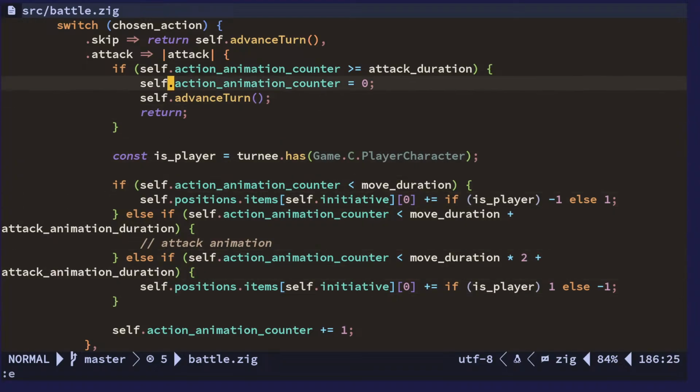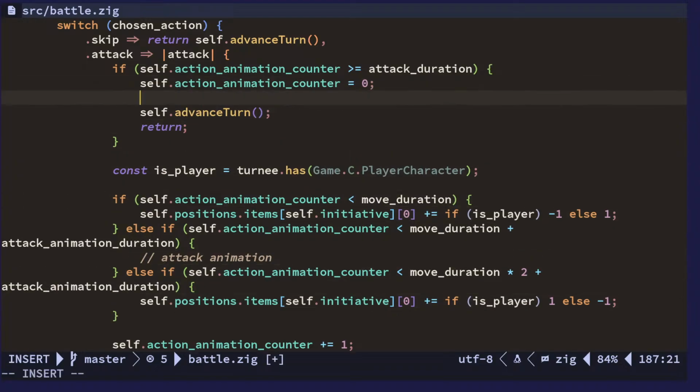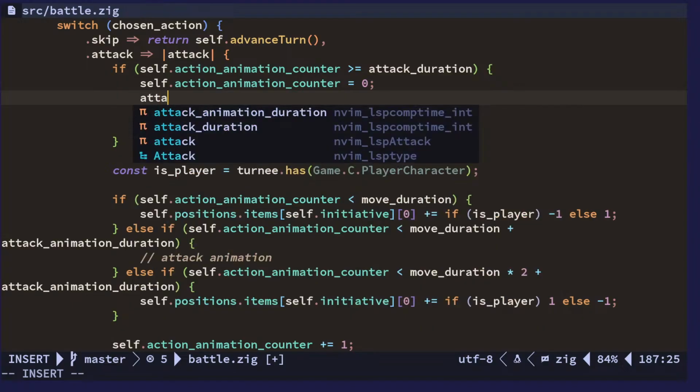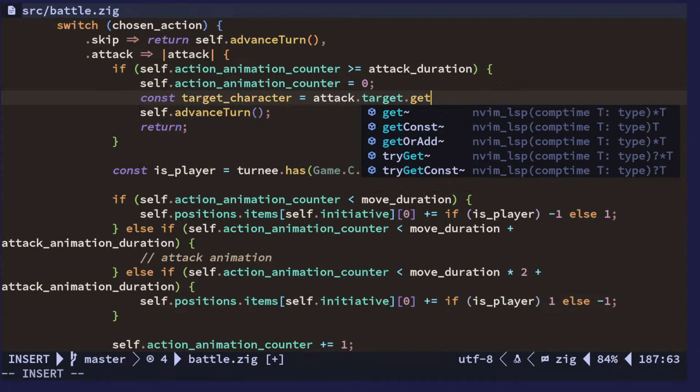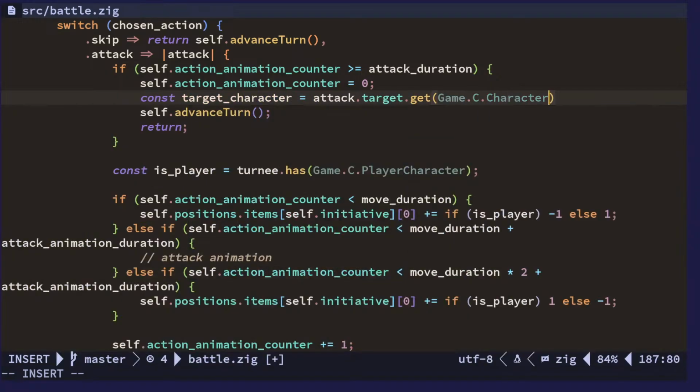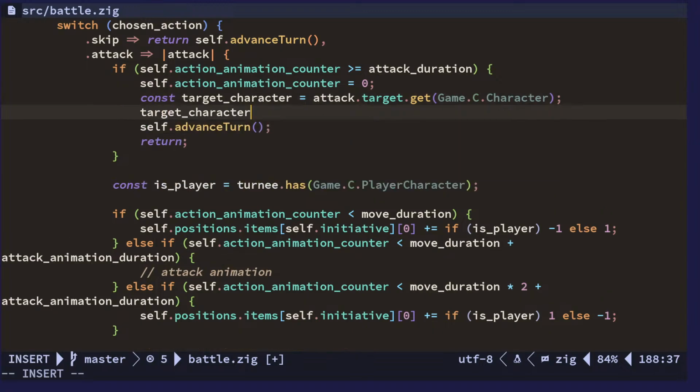So when we're done here, we advance the turn. We also want to say attack target. So we're going to get the target character. Get that. And then the target character dot health is going to be minus equals to